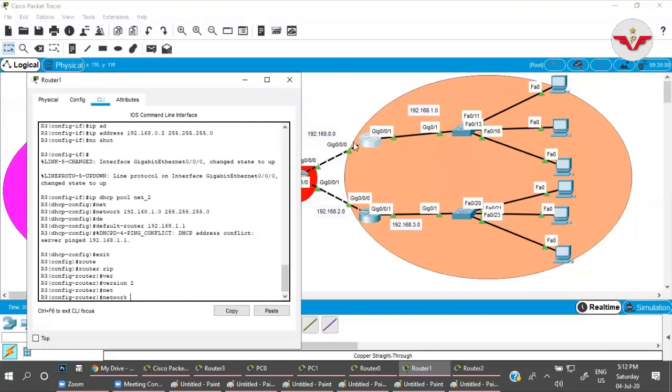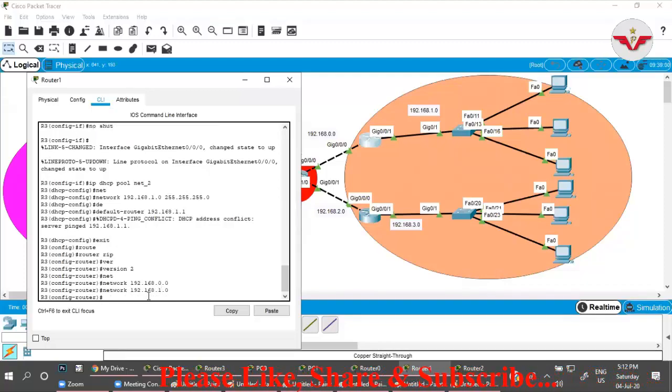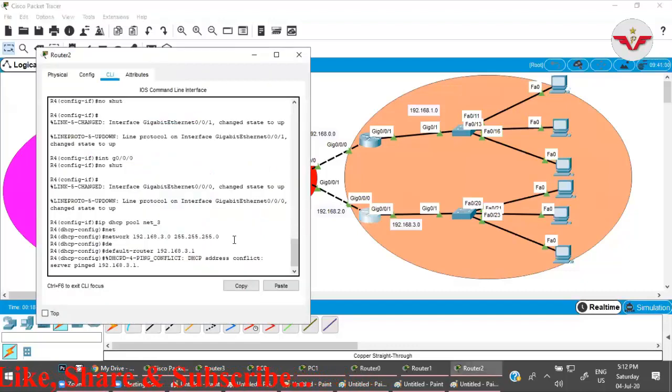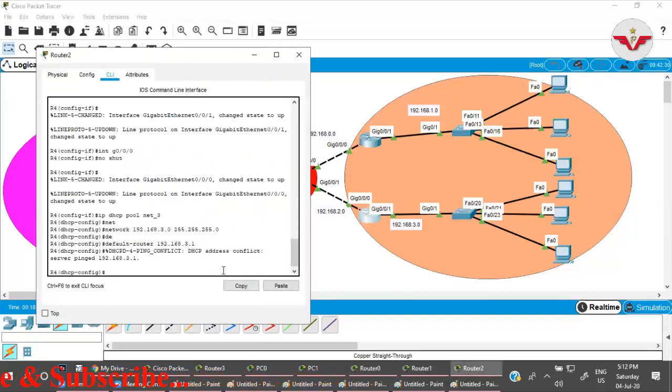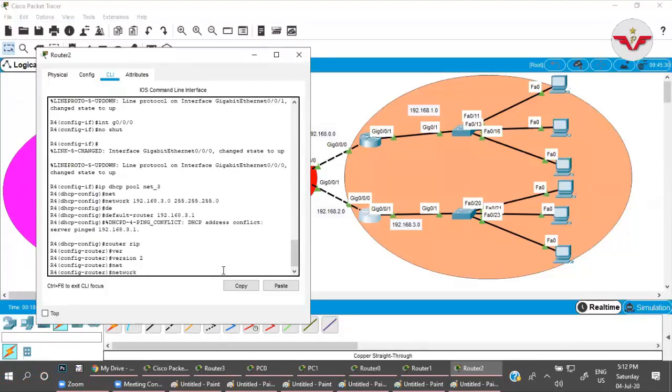Which two networks are directly connected? 192.168.0.0 is directly connected and 1.0 is directly connected. Done. Now let us come to this router. Router rip, version 2, network 192.168.2.0 and 3.0 are directly connected with this R4.